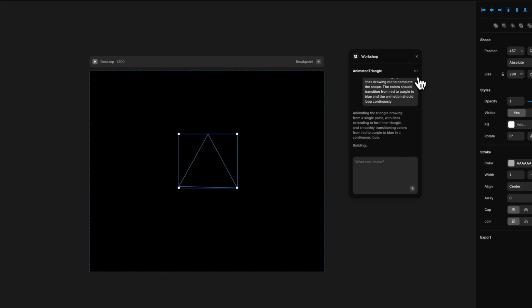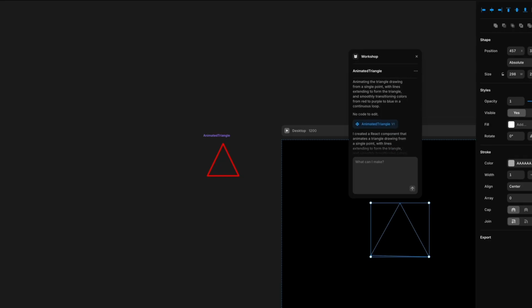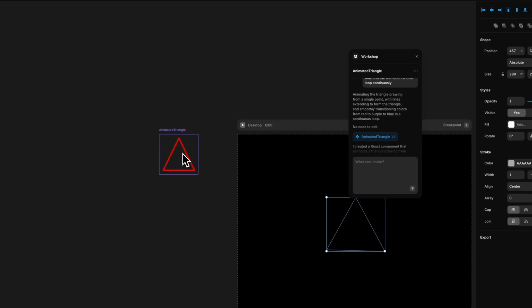Also, by the way, you can choose the AI model you want to use, whether you want GPT, Claude 3.5, 3.7. I usually go with GPT 4.1 because it's fast enough. And I like the results from GPT, but yeah, you can always experiment. If you're not getting a particular animation in a particular AI model, you can switch. So that's the beauty of this entire AI workshop. So yeah, let's just wait for a bit till the code is being generated. And there we go. It has recreated the triangle. It looks nice. Let's just see if it works the way we want it to work.